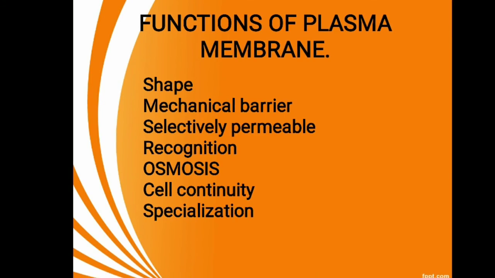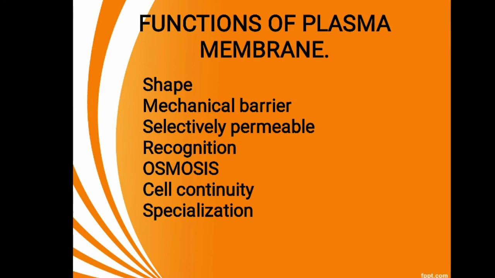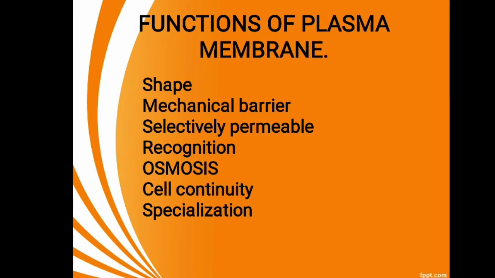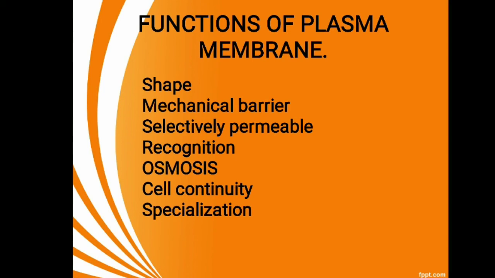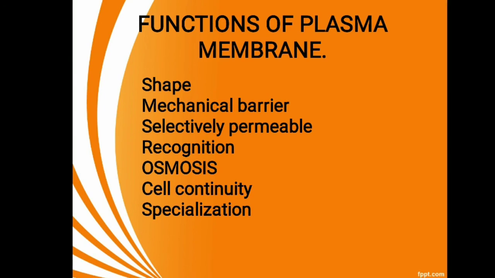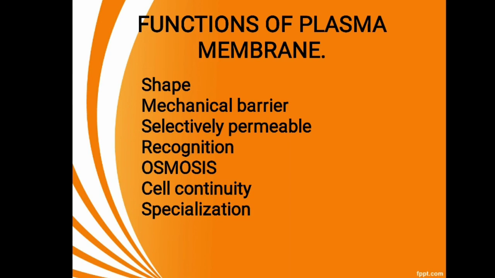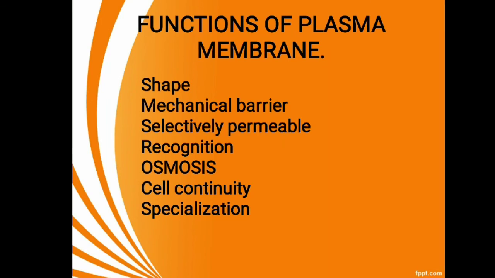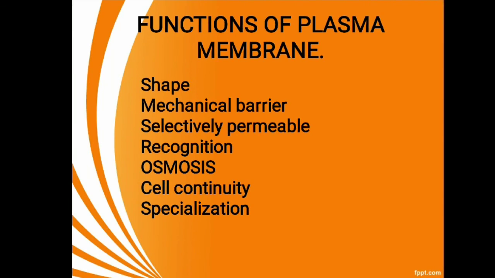In some tissues, the plasma membrane forms continuous bridges, which are called plasmodesmata, and help in the continuity of the cell. And in different places like the small intestine, the plasma membrane helps to absorb the nutrients in the form of villi. So many of the functions of the plasma membrane are very important for the living nature of the cell.